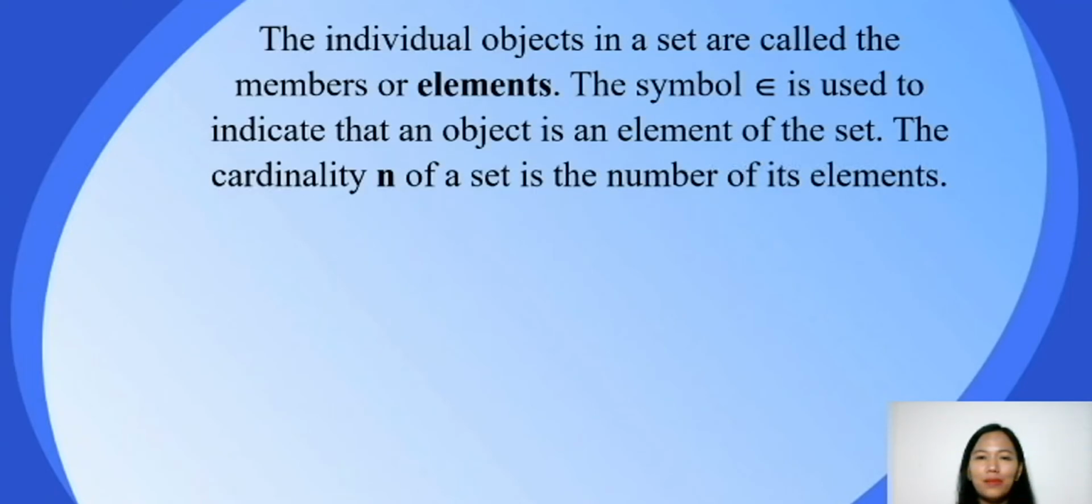The individual objects in a set are called the members or elements. This symbol is used to indicate that an object is an element of the set. The cardinality n of a set is the number of its elements. Example: